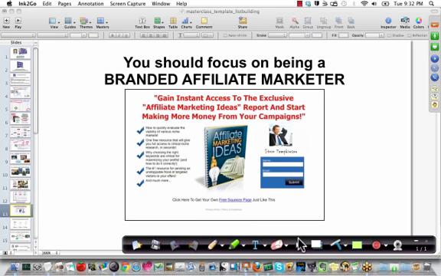And really, squeeze pages are the heart of list building, in my opinion. So we're talking about the heart of it, right? List building is the heart of internet marketing. Squeeze pages are the heart of list building. It doesn't mean that you can't build your list other ways, but sooner or later you're going to have